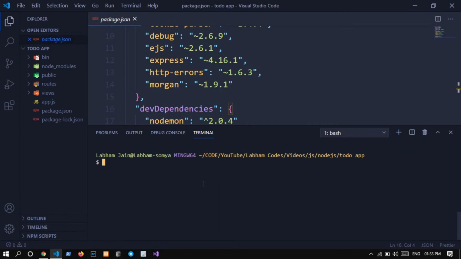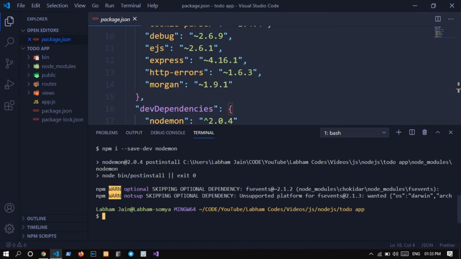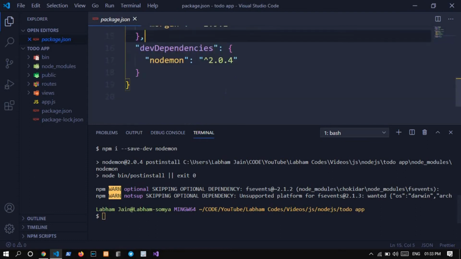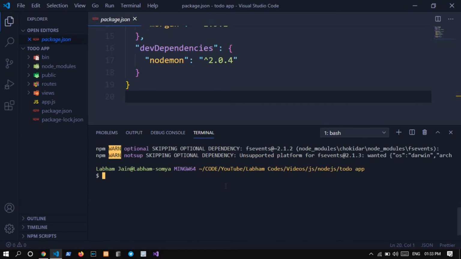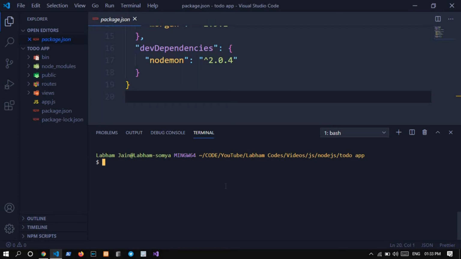Okay, so this has been installed and I have cleared the terminal. As you can see, nodemon is a dev dependency, and in package.json you can see that there is nodemon and version 2 point something. So let's clear that once more.